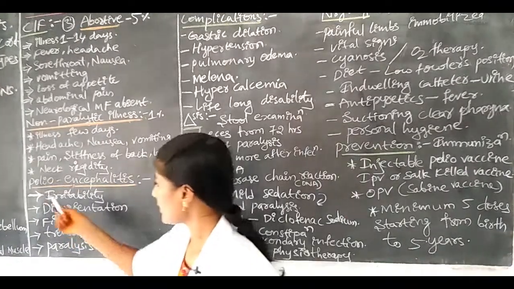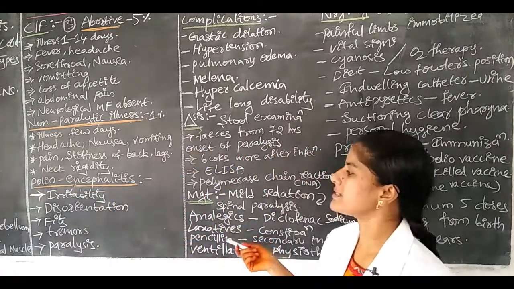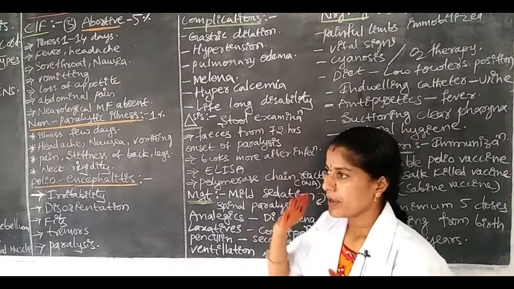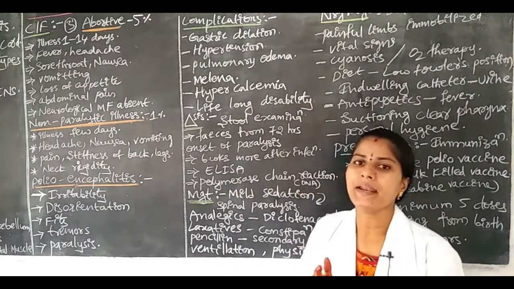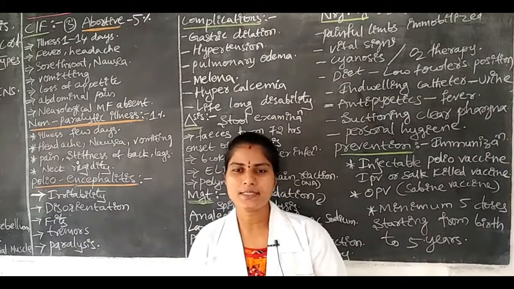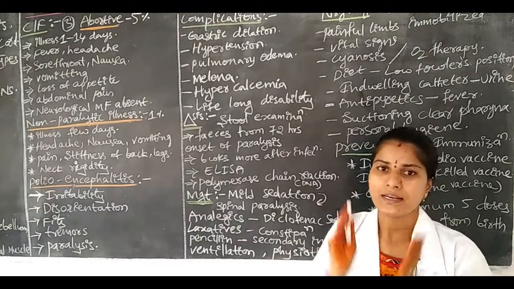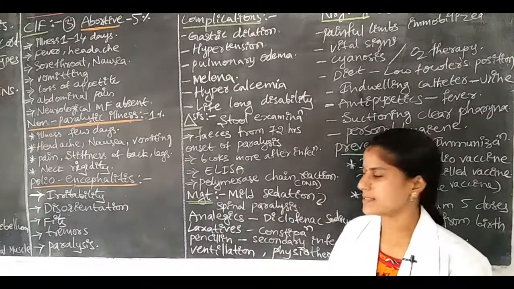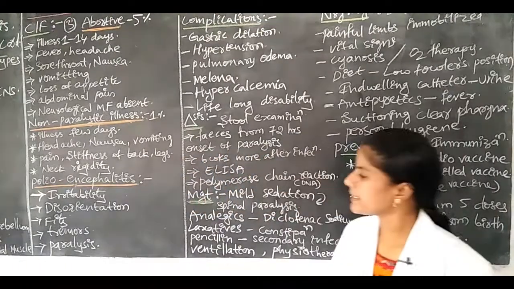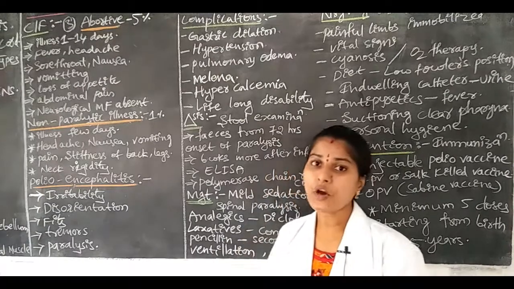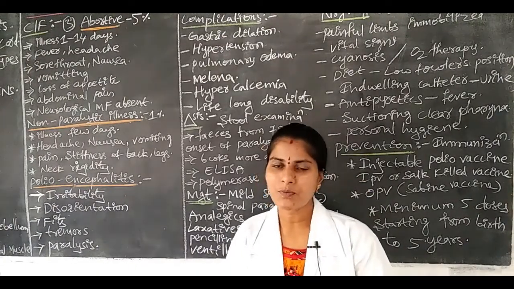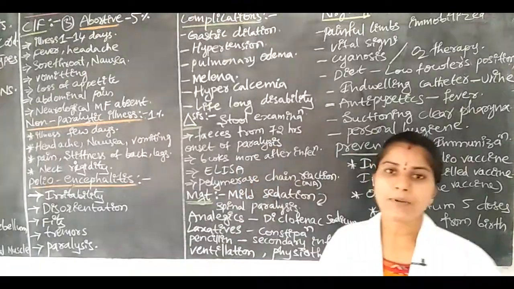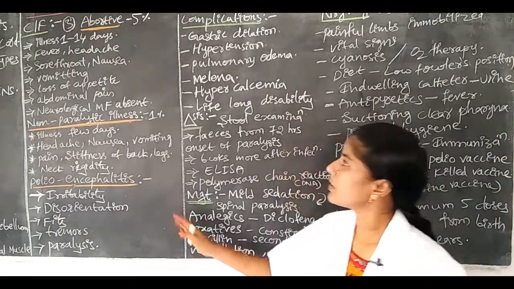Next, in polioencephalitis the children have irritability and disorientation, because the vital centers of the brain are affected by the virus, so the children are not able to speak. They also have fits, with abnormal body movements, and tremors, where voluntary movements stop and abnormal movements occur. Finally there is paralysis, which is complete loss of movement. This is regarding the clinical features of poliomyelitis.